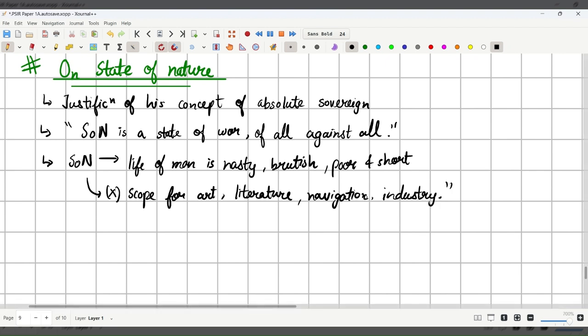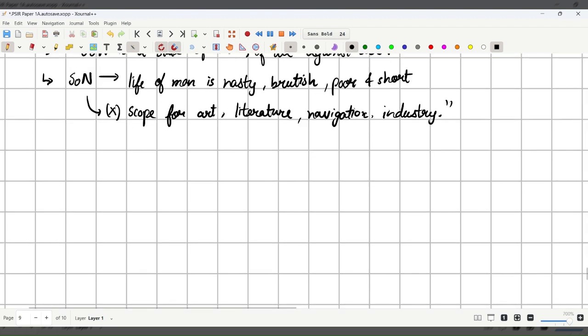so what he wants to tell is that when there is no self-preservation or the right to self-preserve, you cannot indulge yourself in art, literature, okay, and all other important things in life, because your only goal is self-preservation, okay. Then